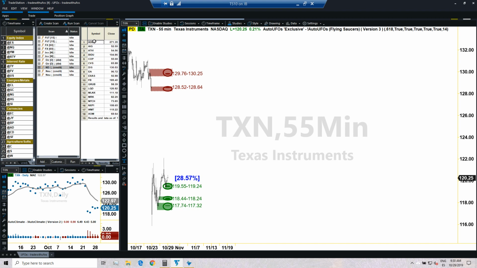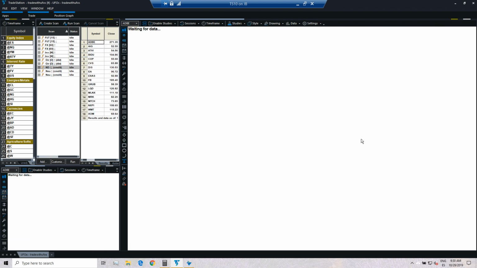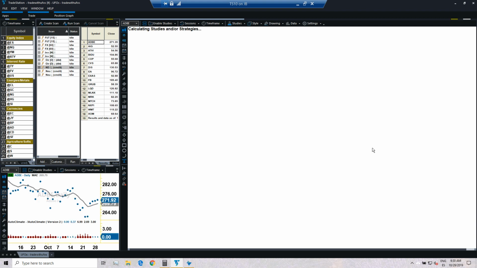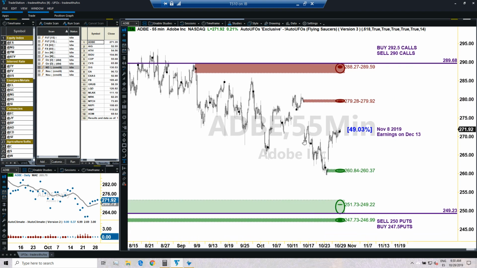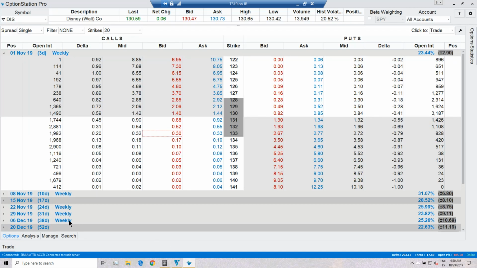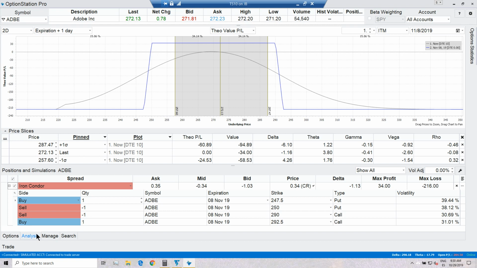But I would like to go back to Adobe, which is non-directional. The market just opened, as I just said. So we have market data on the option chain. And the first thing I would like to do is to calculate to see what type of premium we get and see if this trade is to be executed or not. So let's go ahead and check Adobe. I would say it is likely that we're going to have an opportunity to execute.